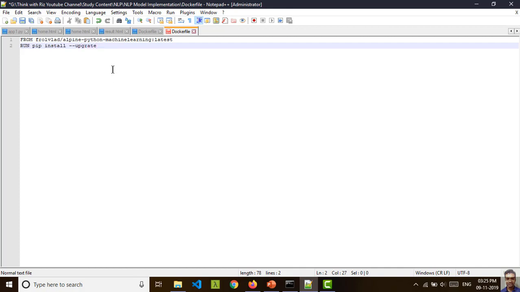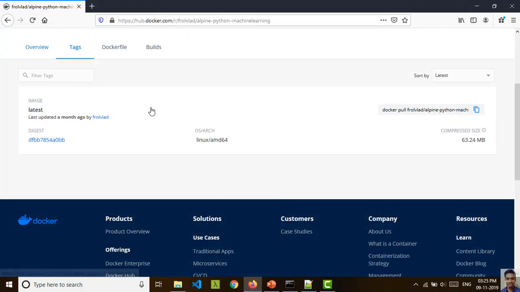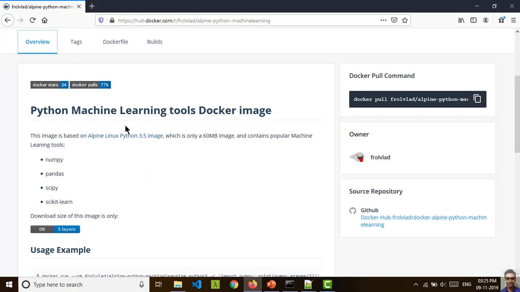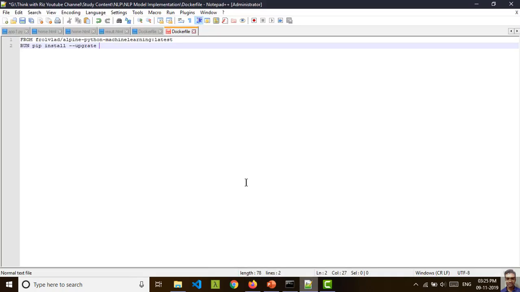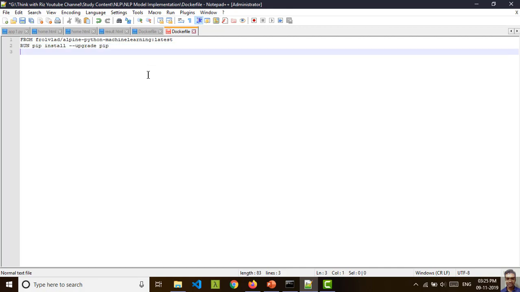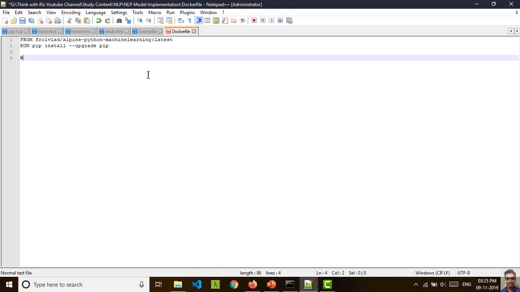That is the advantage of having Docker, because that environment you will already get in this Alpine image, and on top of it Python and several machine learning libraries. Which are the libraries? Let's see. So we will get machine learning libraries like NumPy, Pandas, SciPy, Scikit-learn. So far so good. Okay, so upgrade, and we'll just upgrade pip, and after that we will use the working directory